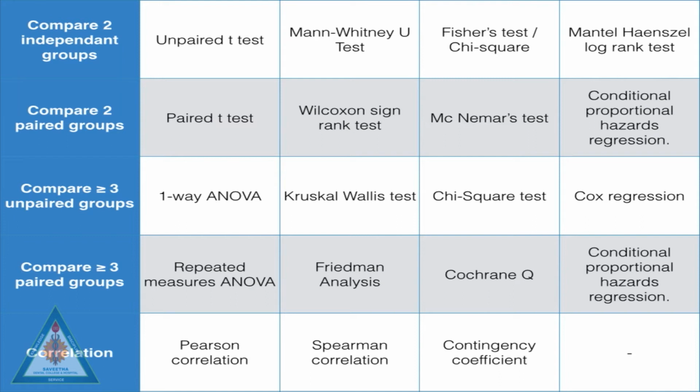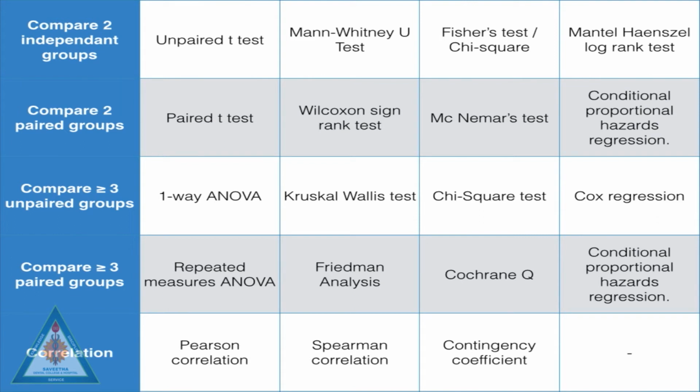This kind of paired groups over multiple times is most commonly used in education studies. For example, if you want to see the performance of a student from the first term, second term, third term, or from the first year, second year, and third year, you would have to do a repeated measures ANOVA.